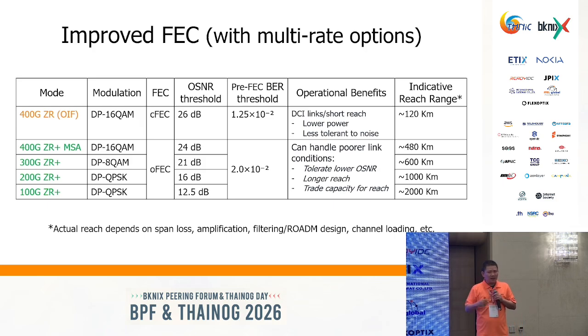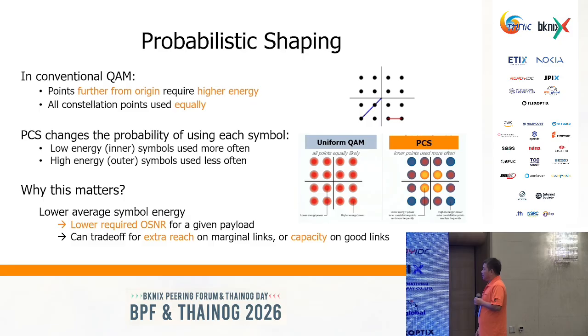Multi-rate meaning if the link is so bad, instead of doing 400 gig, I have the option to come down to 300 gig so that I tolerate things a bit better. If that doesn't work, come down to 200 gig, come down to 100 gig. So multi-rate, right? The other thing that has come up is a new DSP technique called PCS, or probabilistic constellation